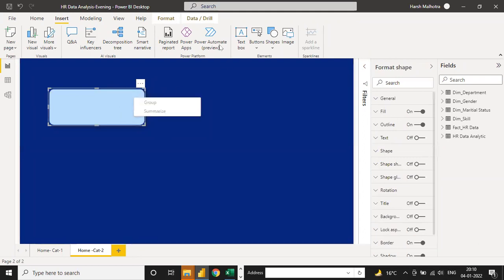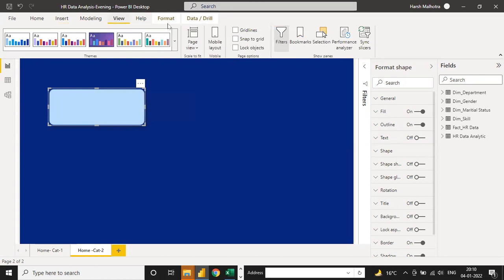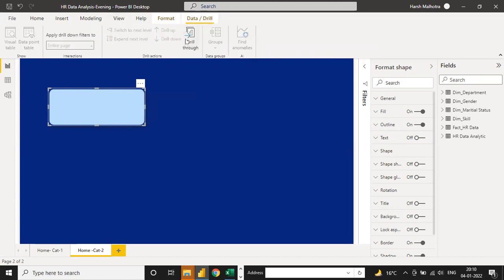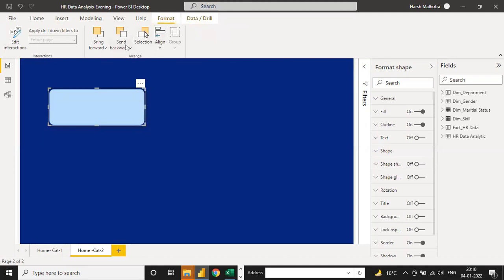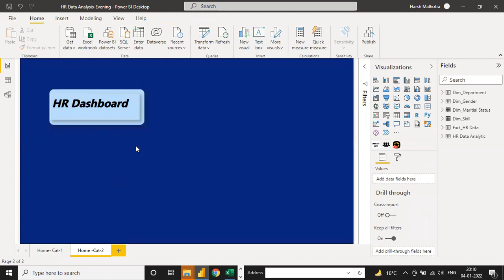Right click. Here we have the option Format. Send backward, and you can see, like this way, you have to make your heading. So make some formatting on this basis, and you can make any visualization on this basis.